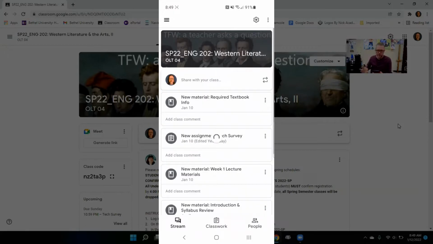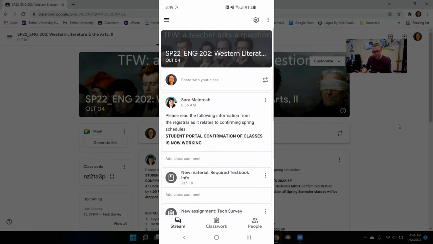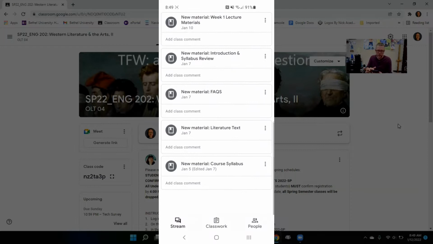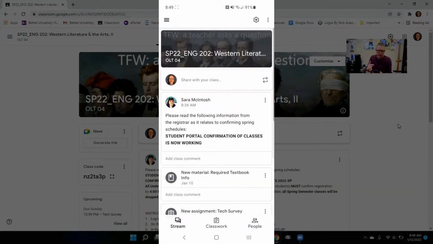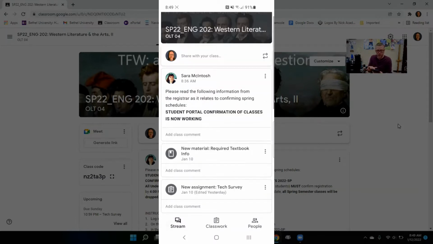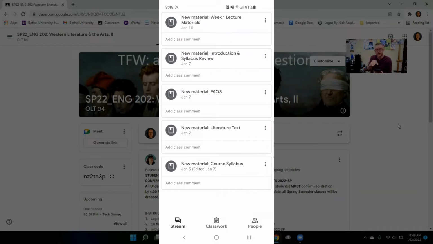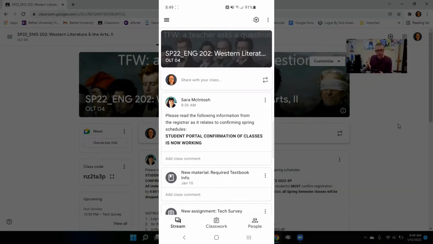If I tap on the class that I want, it takes me here, where again, I am shown the stream. And again, it's not too bad right now, right? But as the semester goes on, this is going to get quite a bit cluttered. So the best thing to do would be to go to classwork. But as you'll see in the app, those icons are not along the top. They're down here at the bottom, where it says stream, classwork, people. I don't know if, yeah, yours should say people. If I tap on classwork,